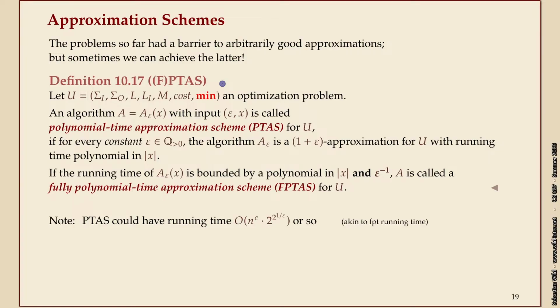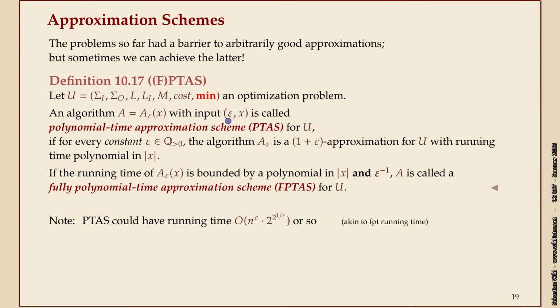There's two versions of this, PTAS and FPTAS. You'll see the difference in the running time in a second. So the setup is we have an optimization problem. And here I picked a minimization problem. It doesn't matter. So here we minimize things, then approximation ratios will be above 1, right? Because the solution we get is worse than optimum, so it's going to have larger cost than the optimum cost. And an algorithm now is a polynomial time approximation scheme, or PTAS,